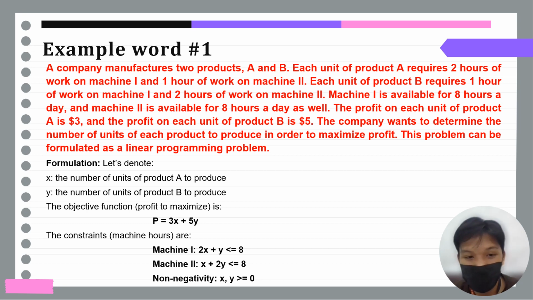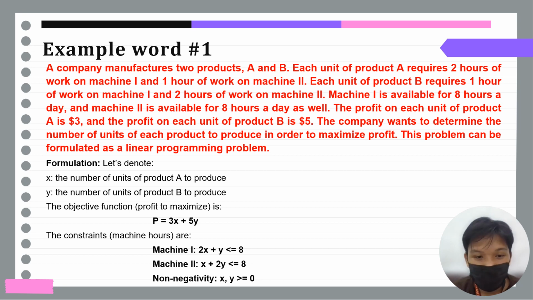Example number one: a company manufactures two products, A and B. Each unit of product A requires 2 hours of work on machine 1 and 1 hour on machine 2. Each unit of product B requires 1 hour of work on machine 1 and 2 hours of work on machine 2. Machine 1 is available for 8 hours a day and machine 2 is available for 8 hours a day as well. The profit on each unit of product